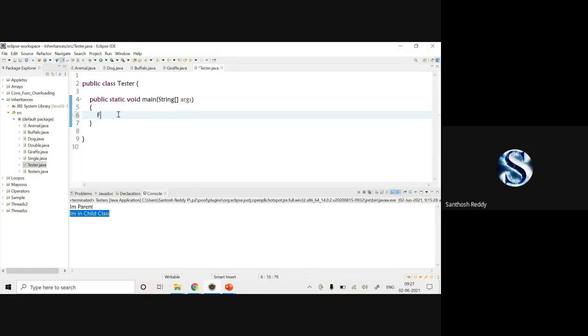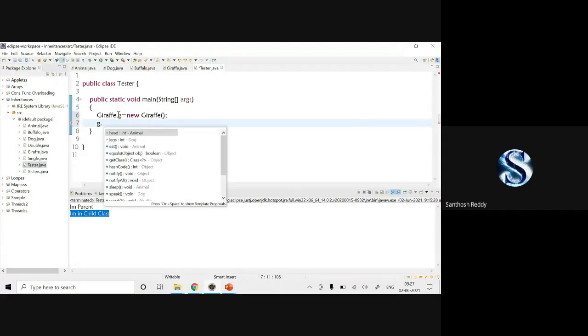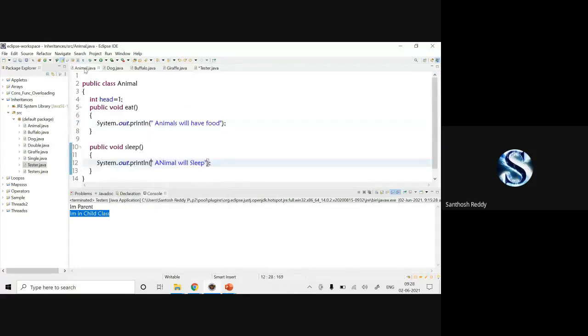First, I'll create a giraffe object. Giraffe g is equal to new Giraffe(). Now g.eat and g.sleep are the animal methods we have.